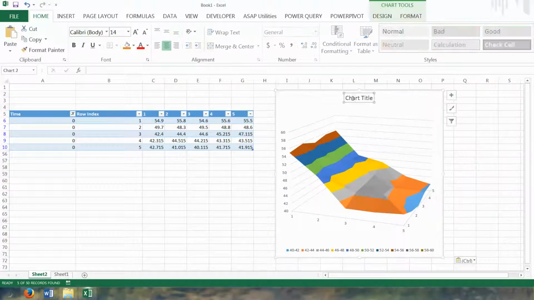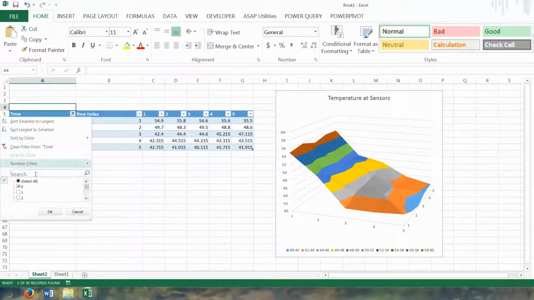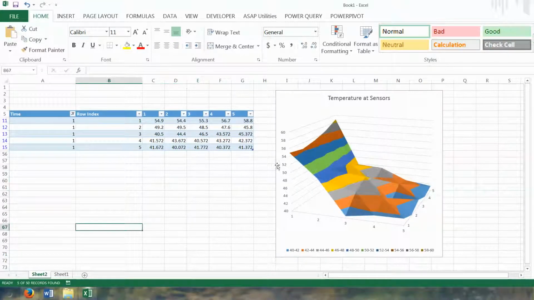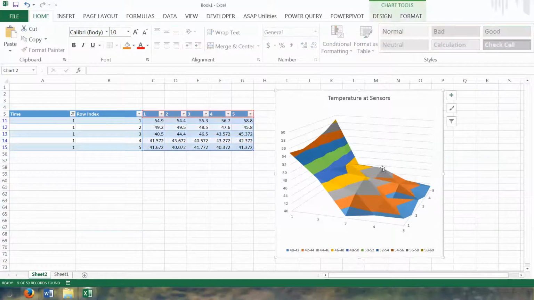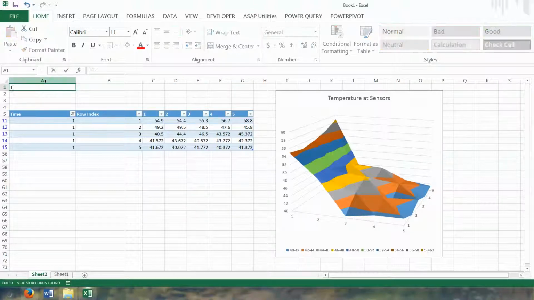So now we have this, let's say, temperature at sensors. We have this graph here. And what we'll see is, yeah, now we update it to whatever we want, and it'll change accordingly to what time it is, or what the time step was. So if we want to do this dynamically, we want to have a simple way to change the time. What we can do is just insert a filter here. So we have the time as a filter,